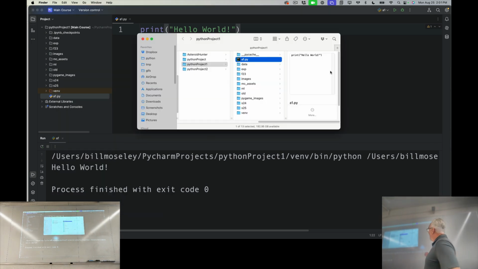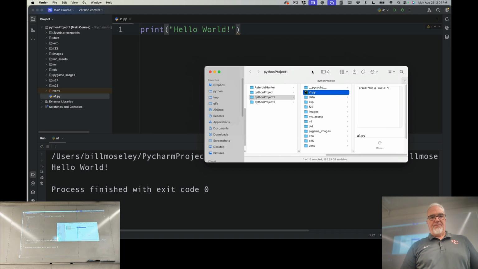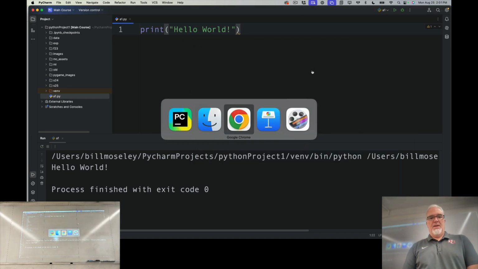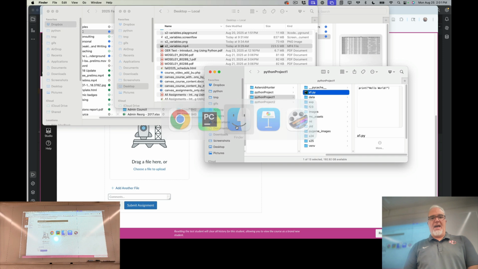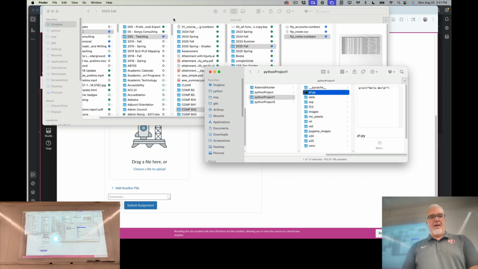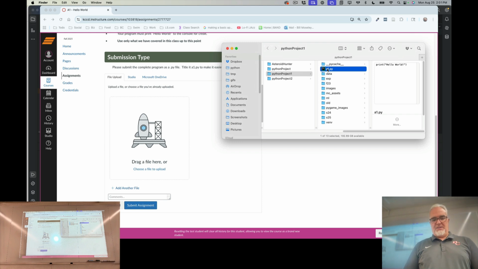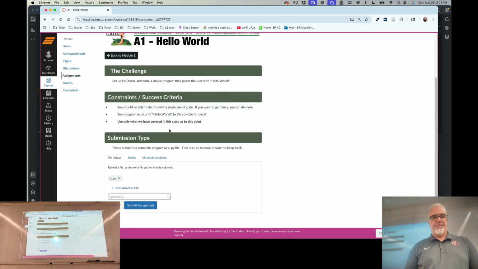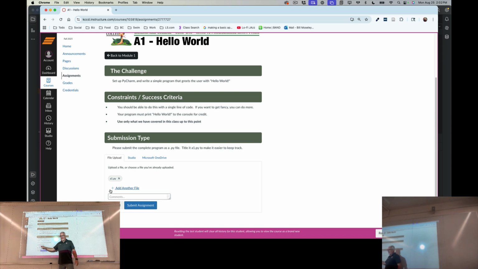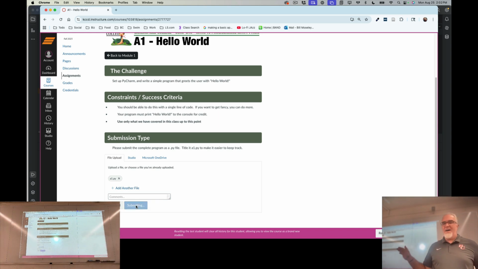What it will do is open up a file window like this that has that file, the a1.py, highlighted in it. So now, if I go back to Canvas and I bring up that window, man, look at all those windows all over the place. All right, so if I open up this window, all I have to do is take this file and drag it straight over to here so that it says a1.py right here in my box. And then I hit Submit Assignment. And if I do it right,